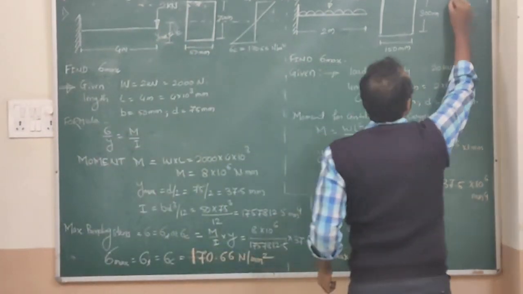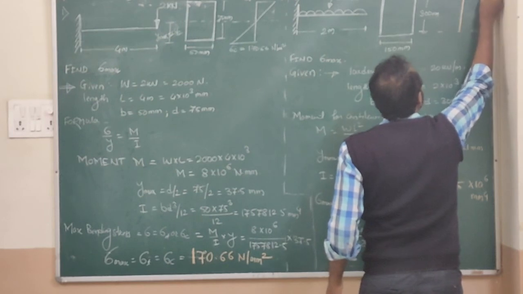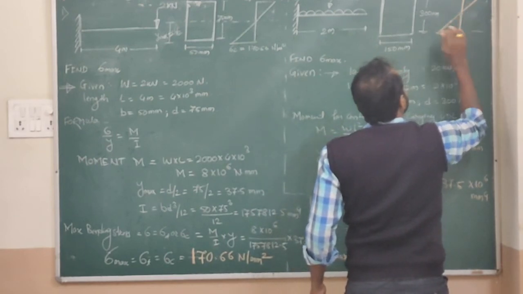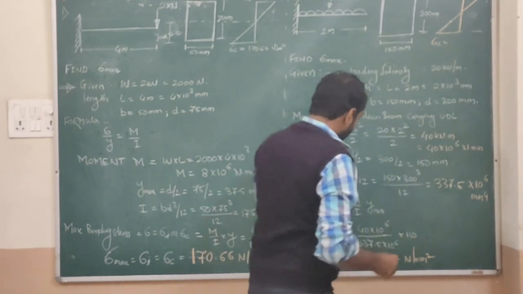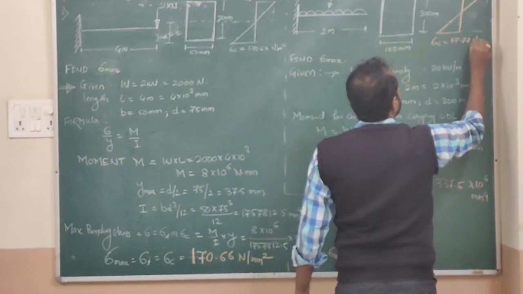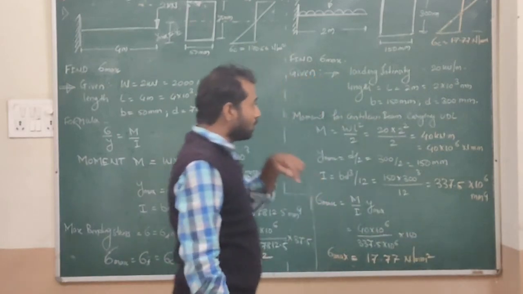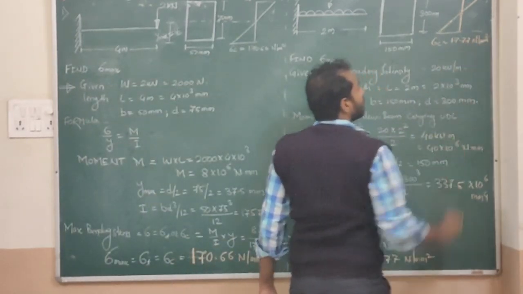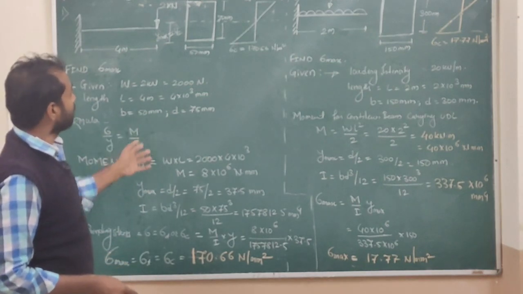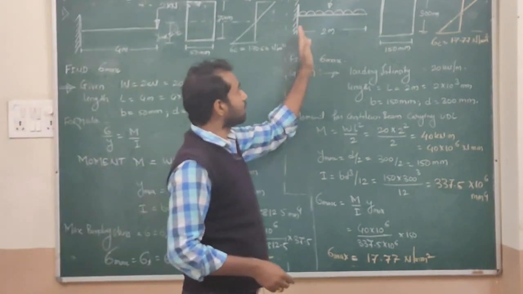So for this case, when you draw the bending stress distribution diagram, this will be sigma c and the value will be same as sigma max, it is 17.77, and sigma t is also 17.77 Newton per mm square. Okay, so this is how we have solved the numerical. In the first numerical, a simple cantilever beam carrying a point load at the free end, and in the second case, a cantilever beam carrying